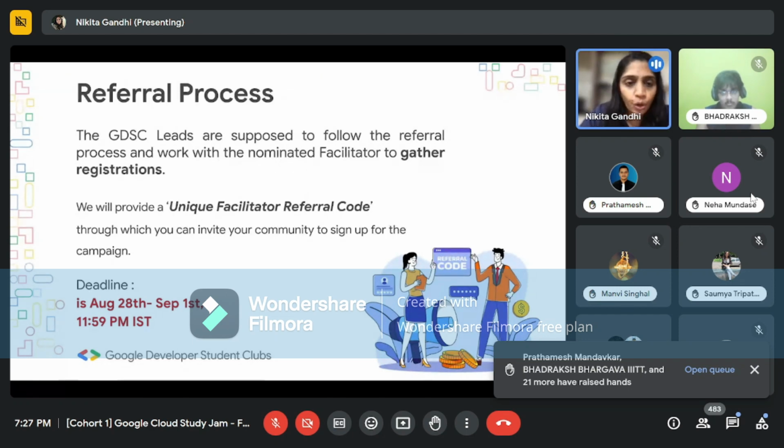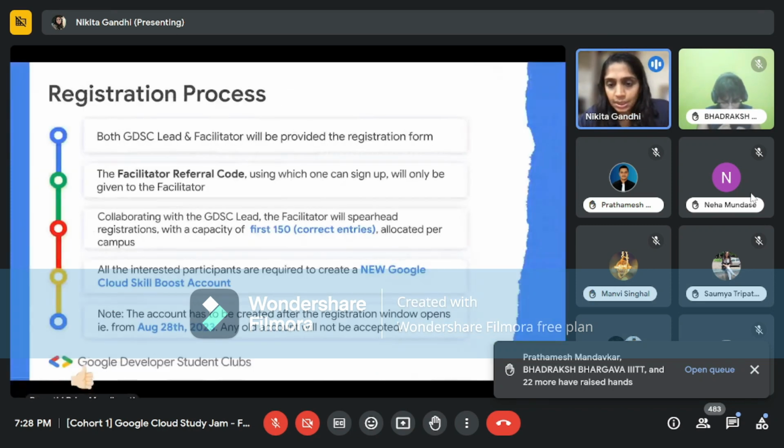That being said, any reward referral that is going to be shared is going to be only shipped to the facilitator. So it's on you later on if you have to ship the rewards to someone who was not in your campus. How you manage those logistics is on you. So think about these areas carefully. And remember again, the last date to have these 150 signups is 1st September, which is Friday. Let's move on to the next slide now.